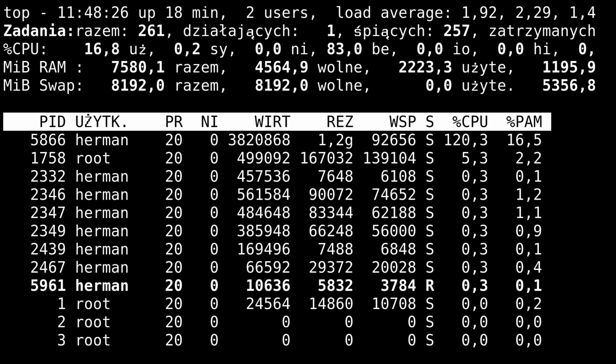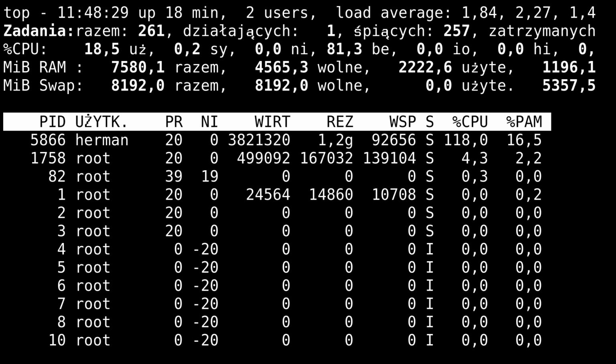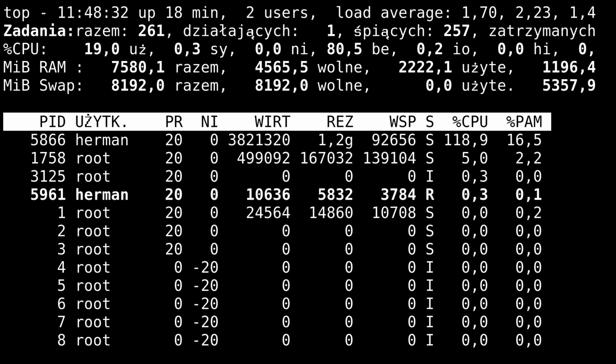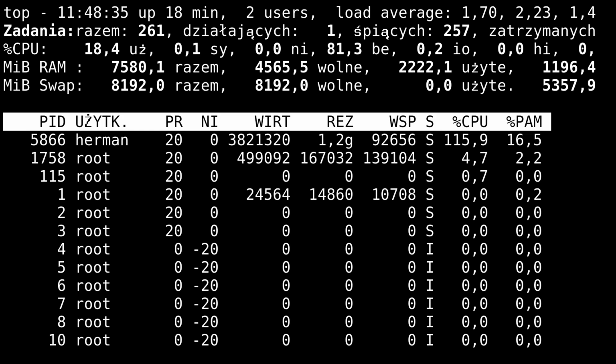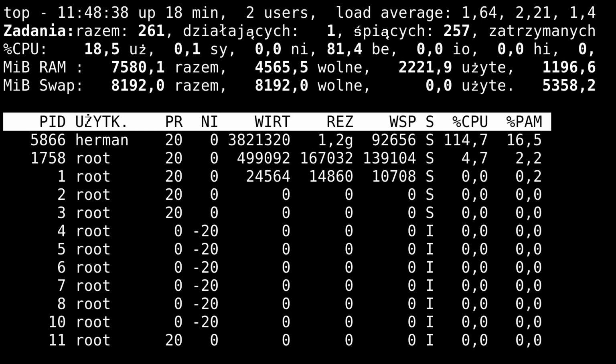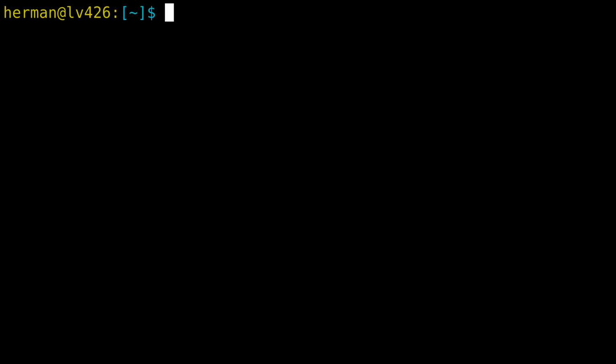GNU Screen allows to create many windows within a single session. Once we have the session attached, we can type Ctrl-A, followed by C to create another one. Let's put a minimal comment here saying second, and then create another one with a comment saying third. Note that checking screen -ls again